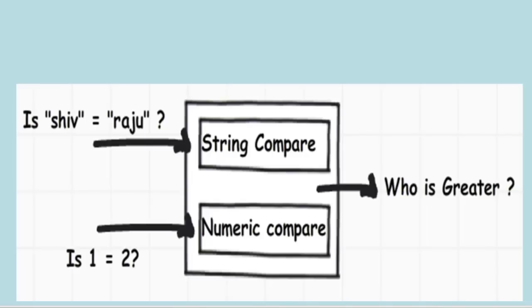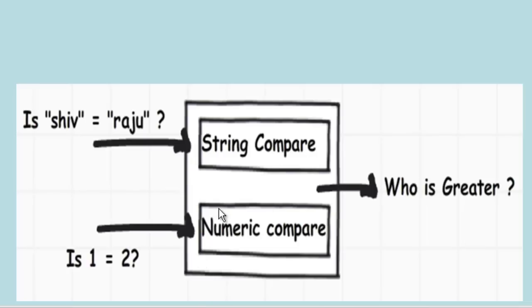So for example, you can have a string input and it will do a string comparison to check if the strings are equal or not. In the same way, you can have a numeric input and then the compare function will do a numeric check to see if both the numbers are the same, if they are equal or not equal. Tomorrow more data types can come in. Now in order to better maintain the code and increase reusability, if somehow you are able to separate this logic,